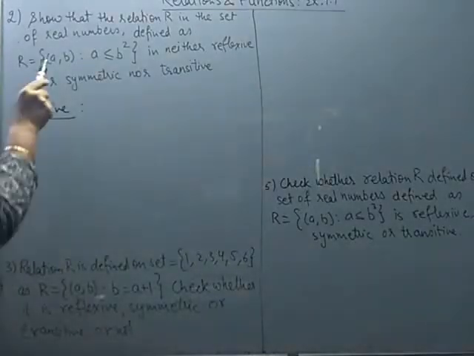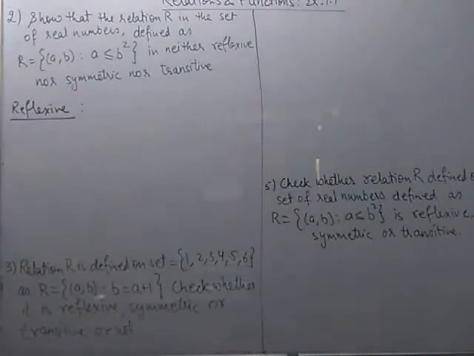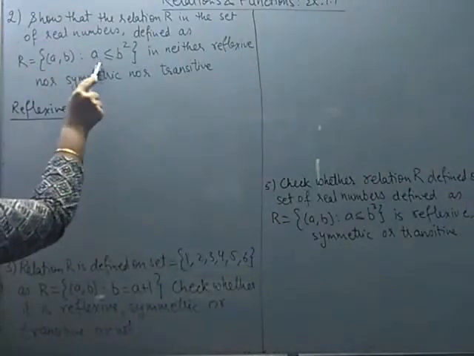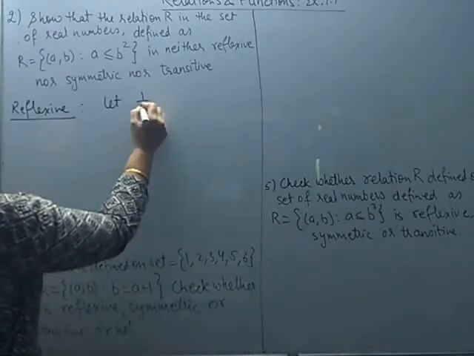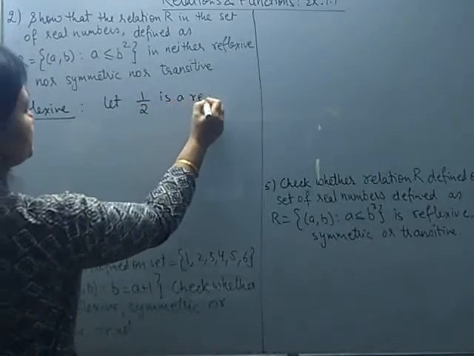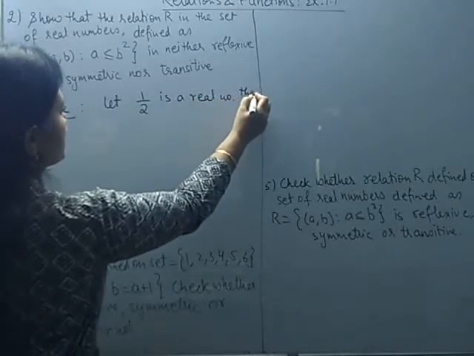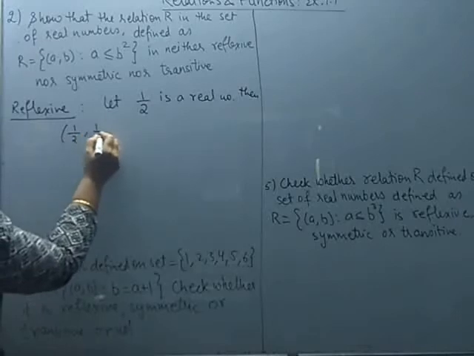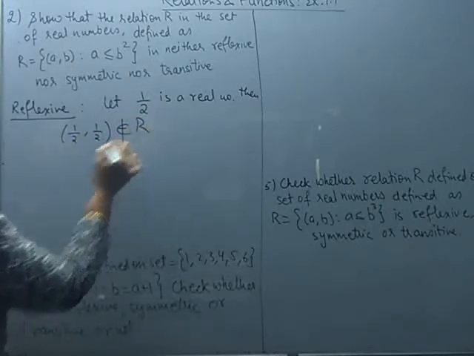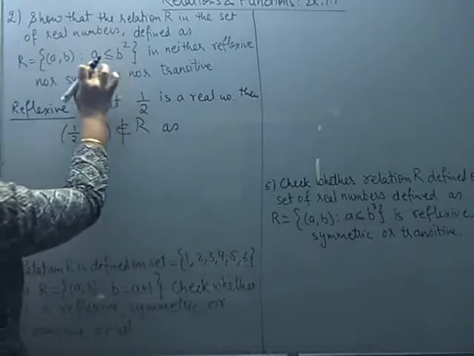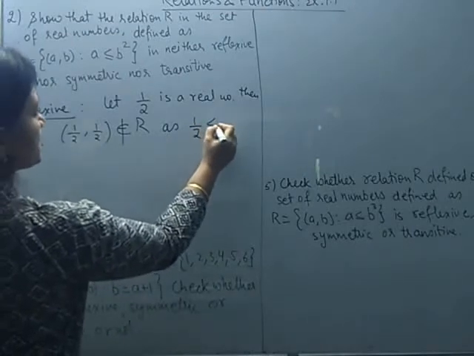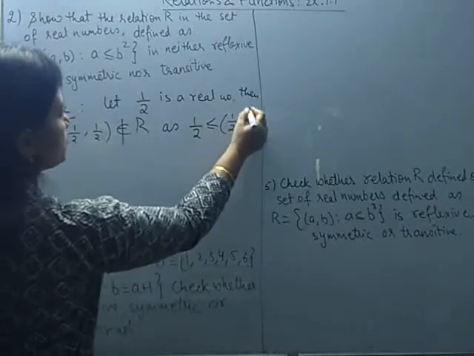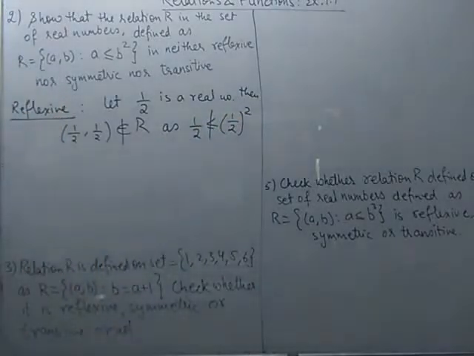And keep in mind while doing so that A and B are denoting real numbers. Can you say that every real number satisfies this relation with itself? You can easily see it is not possible. Let us quickly take an example. Suppose 1/2 is a real number. Then you can see (1/2, 1/2) will not belong to the relation. Why will it not belong to the relation? Because you can see the condition required in the relation is not satisfied. Because I cannot say that 1/2 is either less than or equal to the square of 1/2. This thing is not satisfied.